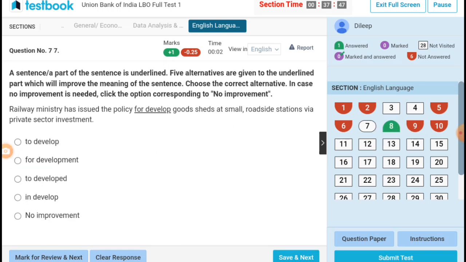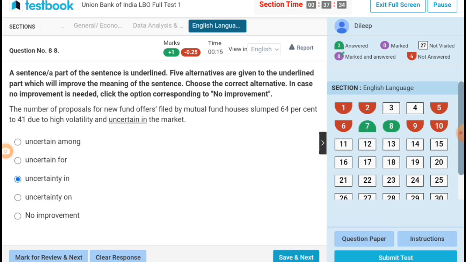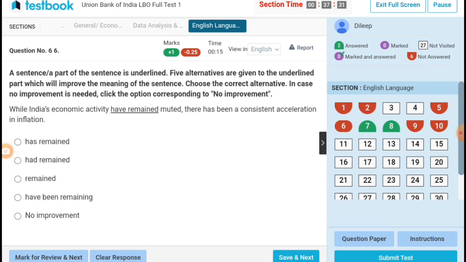Railway Ministry has issued the policy to develop. While India's economic activity